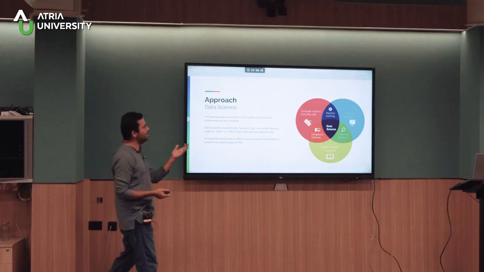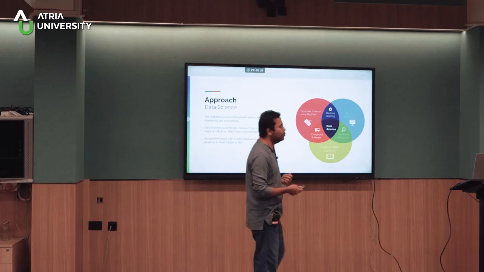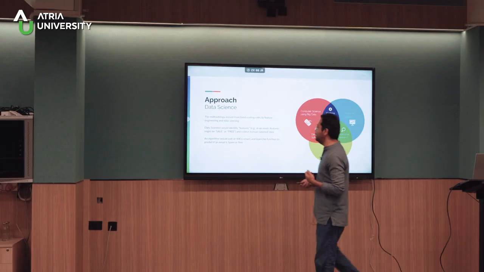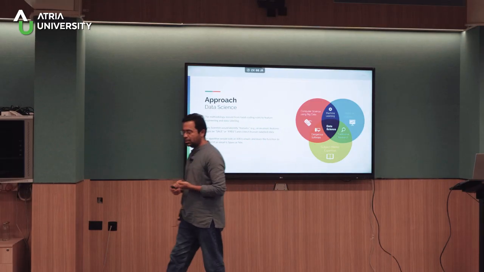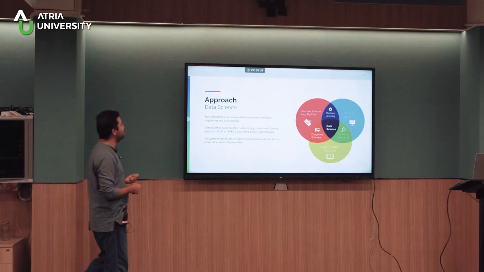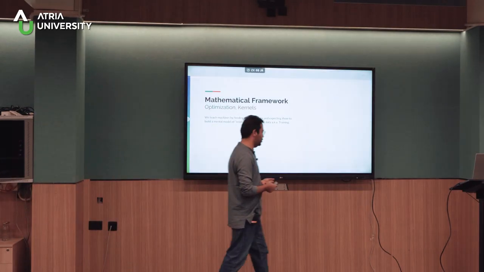There was math and statistics, right? We'll show in a minute why. And then, of course, you have to program the computer. So this was computer science. So this is what came. This was the era of data science, where we brought together these three fields to build several solutions, right?